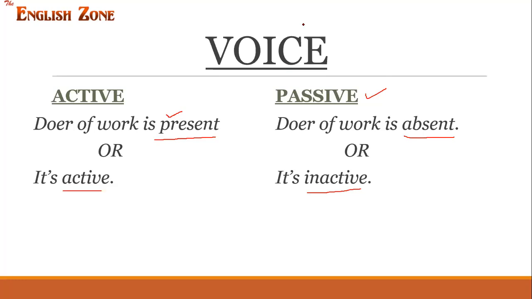Let's understand it with the help of an example. I informed him the fake information, right? I informed him the fake information. And if I say he was informed fake information. If I'm asking the question, who informed him fake information? The answer is I. And if I am saying he was informed fake information, and we ask who informed him fake information, we don't know. That's why the answer would be passive.